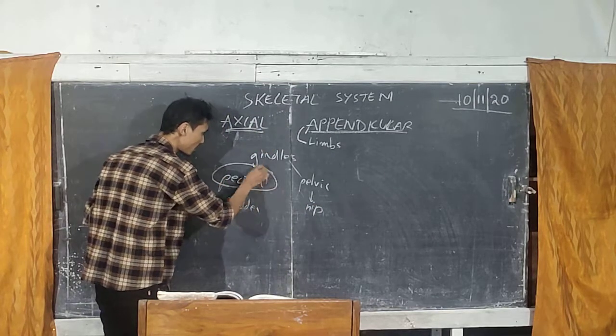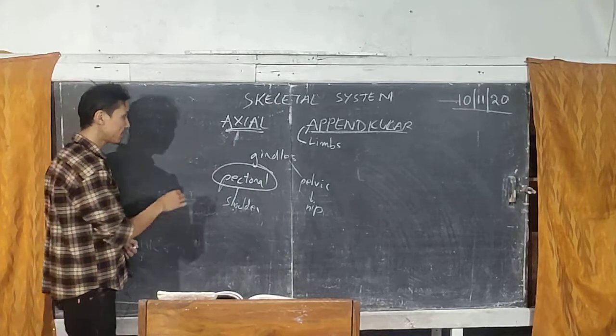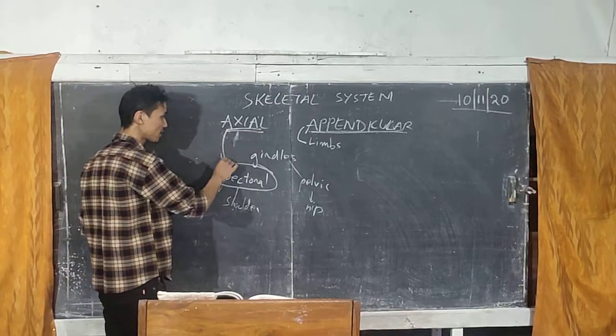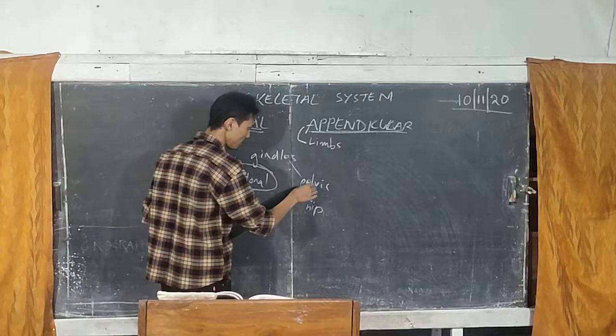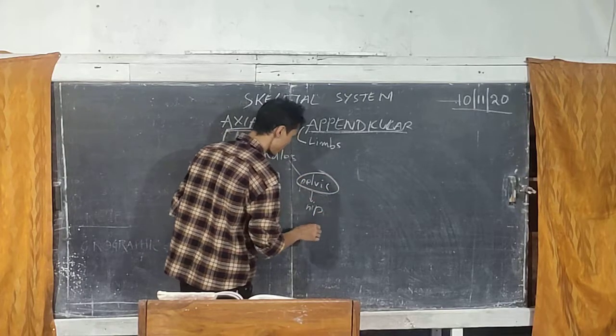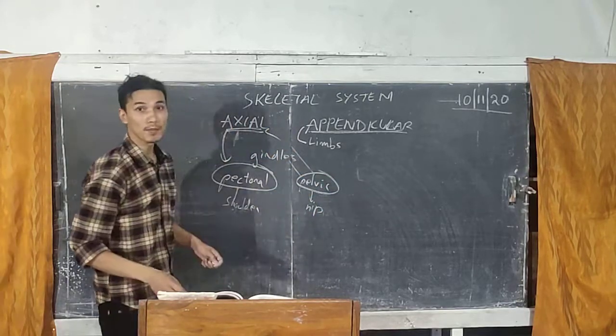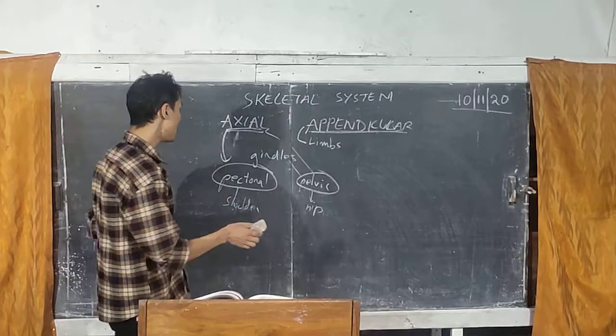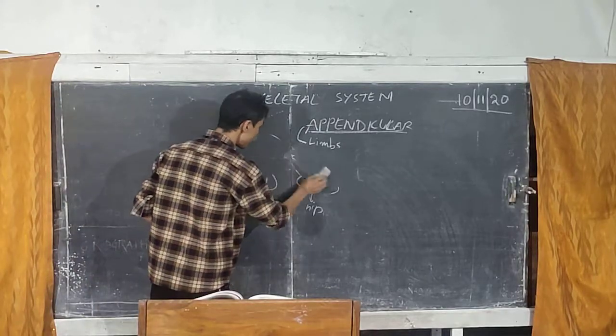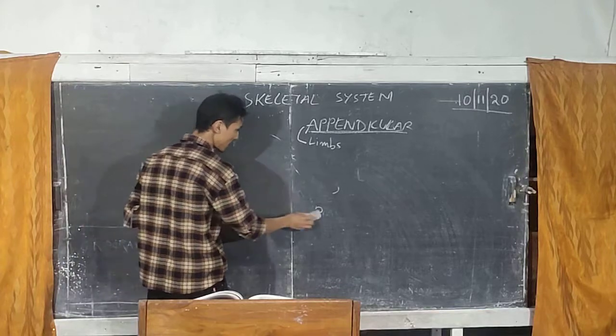The pectoral girdle connects the hand with the axial part. The pelvic girdle connects the legs with the axial part. So, since these are the main parts of a skeleton,